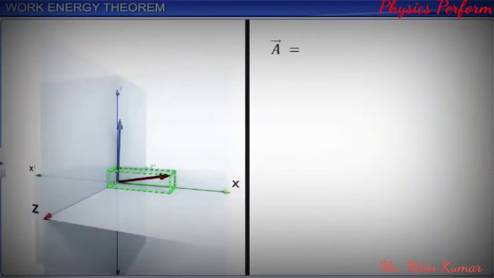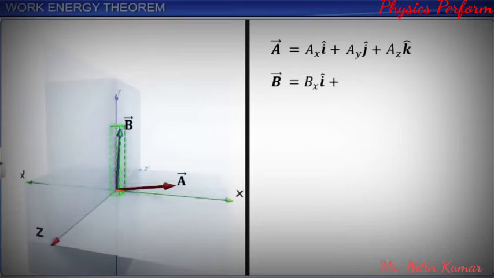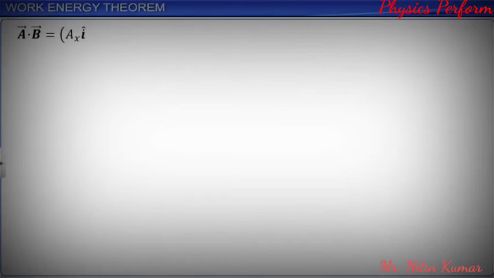If two vectors A and B are expressed in terms of their components along coordinate axes, Ax, Ay, Az, Bx, By, and Bz respectively, then A dot B is equal to (Ax i plus Ay j plus Az k) dot (Bx i plus By j plus Bz k),